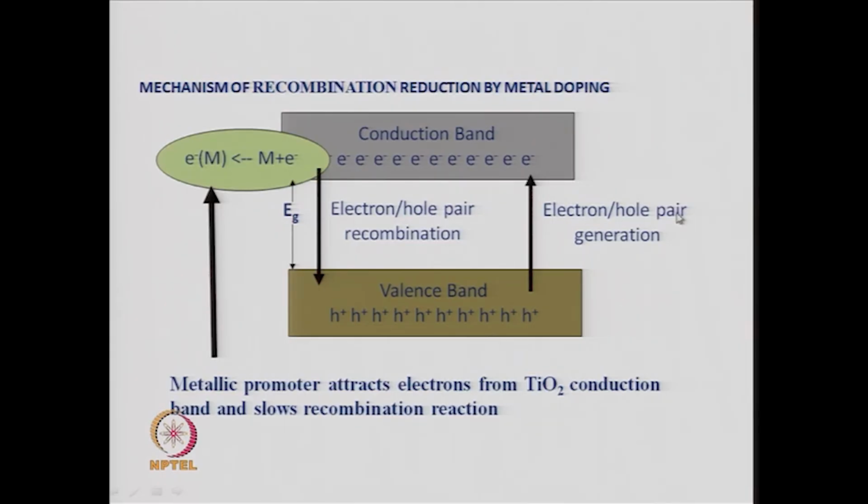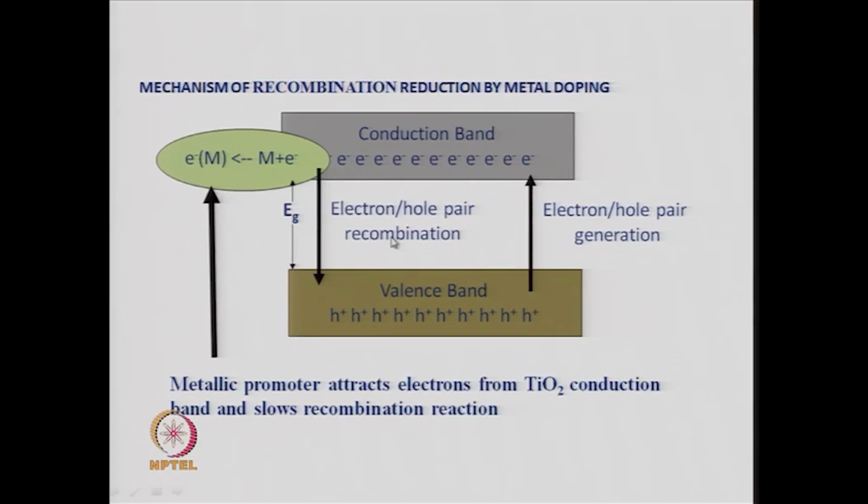So, you have electron hole pair generation, and these electron hole pairs are called excitons, and the opposite process of electrons combining with holes is the electron hole pair recombination, and this process is avoidable. This is not good for the photocatalyst. So, you want to avoid this